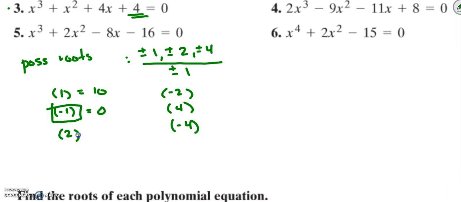All right, now putting in 2. 2 cubed is 8, plus 2 squared is 4, so that's 12. Plus 4 times 2 is 8, so that's 20, plus 4. So that gives you 24. Not a root. Plugging in negative 2, you get negative 8, and I'm going to write this down so that I don't mess up. You have negative 8 plus 4, and then 4 times negative 2 is also negative 8. And then we have just plus 4. So you have negative 8 plus 4 minus 8 plus 4, and that is going to give you negative 8. So not a 0. Plugging in